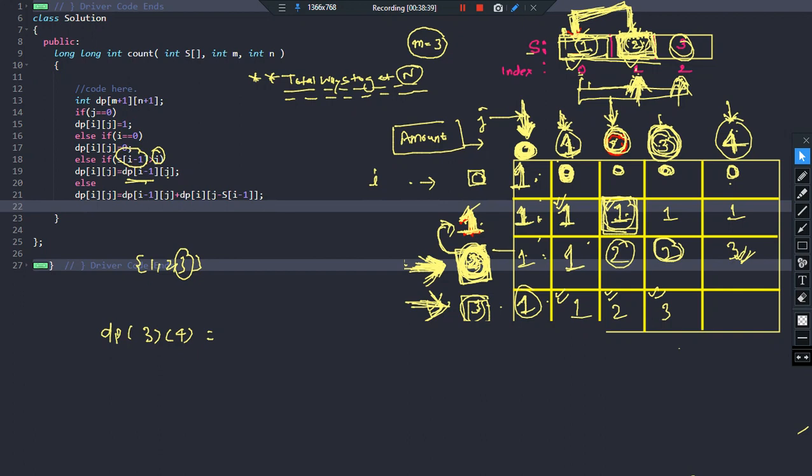Got the point? I am doing plus. Why? Because this is one possible way, plus this is another possible way. So I just have to count total ways. That is why I am adding both the ways. This way also plus this way also. Getting the point? So if I talk about dp 3 comma 4, one possible way is ignoring